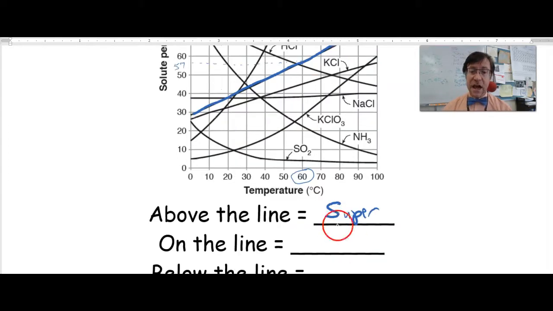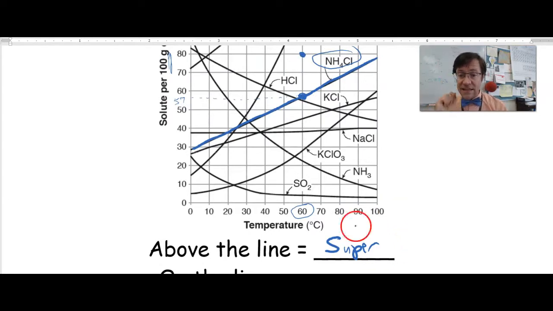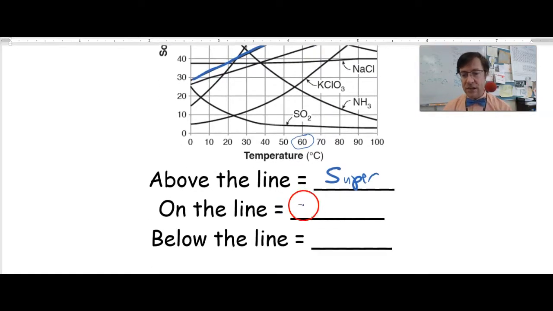Supersaturated, absolutely. Now if it's right on the line, if we end up with 57 grams of ammonium chloride at 60 degrees, and we are dead on that line, well, that's the most that it can dissolve at that temperature,